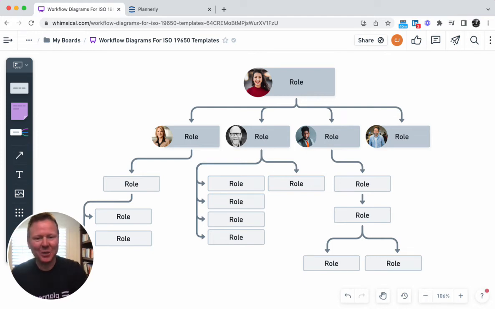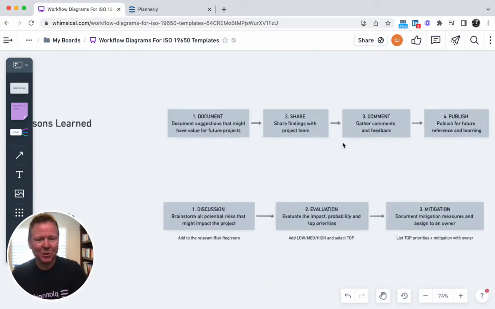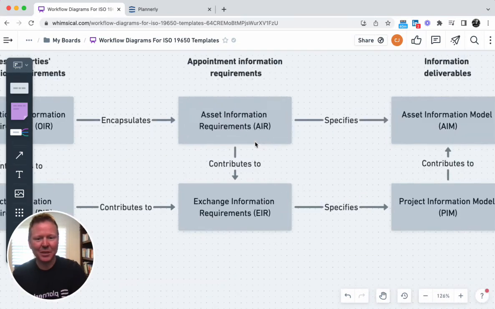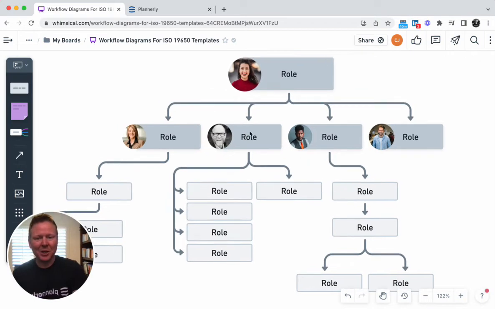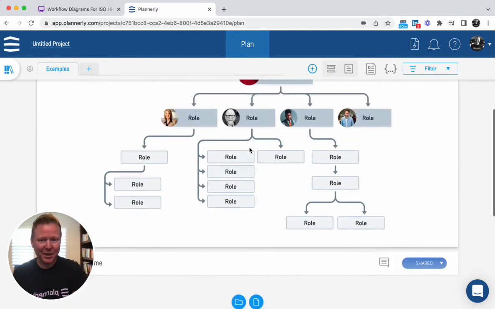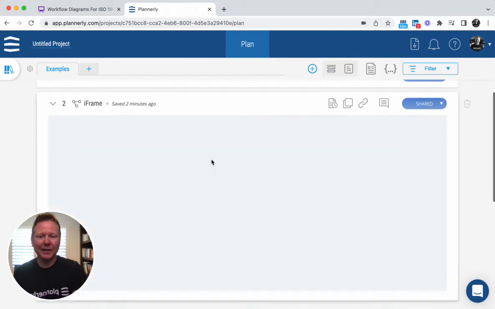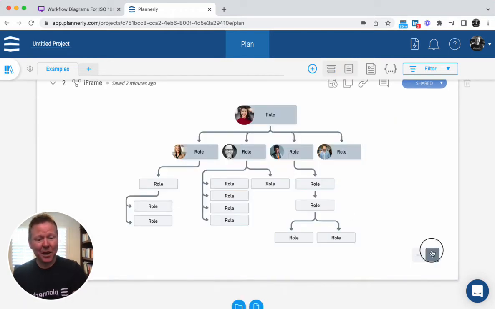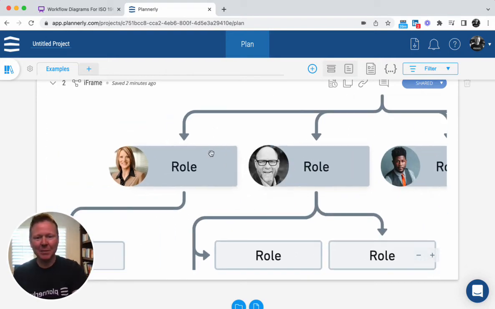Lots of teams are using Planoly to embed content from other systems around the web. Whimsical is a great one, and we actually use it for a lot of the process diagrams and understanding ISO 19650 and the like. But I'm going to show you an example of embedding, and also, not just an embed of an image inside of a section, a container of requirements, but also embedding an iframe so that that actually is live and updated and can be zoomed around and understood maybe in more detail.